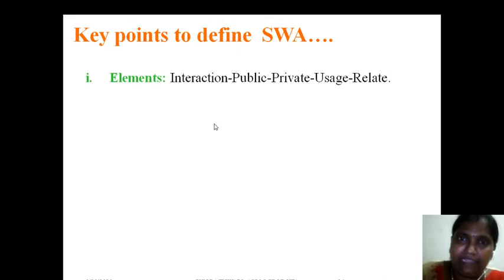If you want to build an engineering college, we have to verify the elements in terms of students, faculty, non-teaching staff, accountant, etc. A lot of things are going to be discussed in this. Here every element should be interactable with any other element. The elements may be public, meaning one can access the properties of the element. Some elements may be private, some may be useful to any other element, or some element is going to relate with any other element. So these are the properties of the elements you want to define.